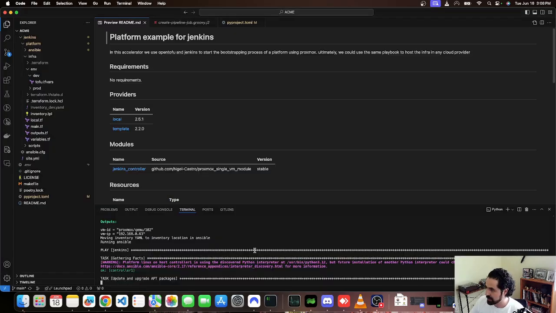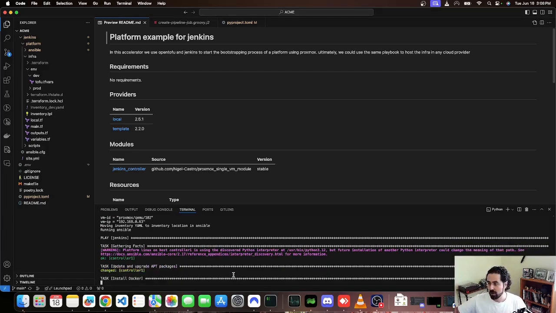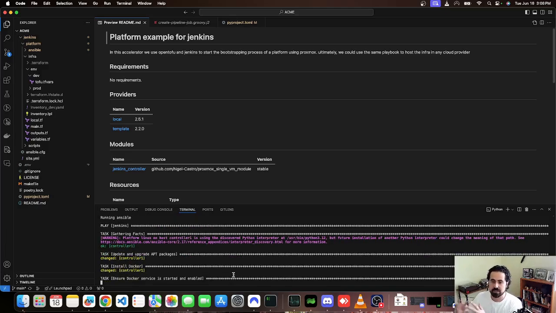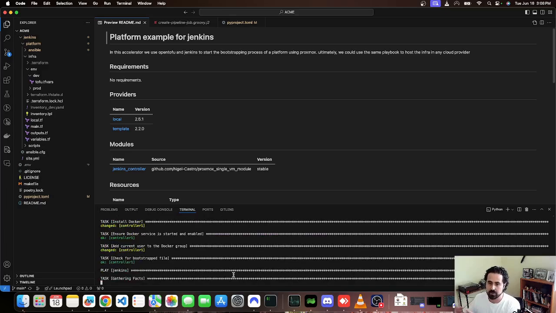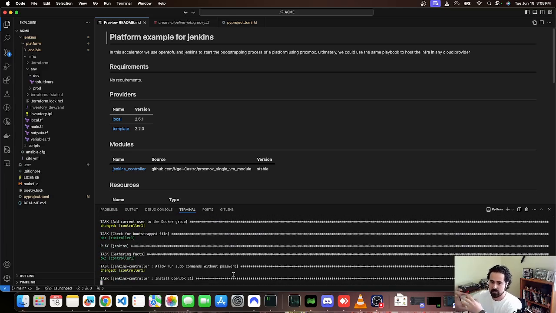So going back to here, what this part of the playbook is doing is just getting the latest ingredients from the internet. In this case, you can have this as a repository that is centralized and private to your company, but in this case it's just for demo purposes. It's reaching out to the internet, grabbing those package updates, applying the latest ingredients in that virtual machine running Ubuntu inside my Proxmox, and it will install other software after the update, which is Docker